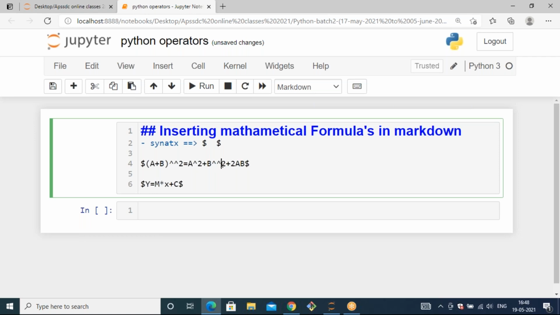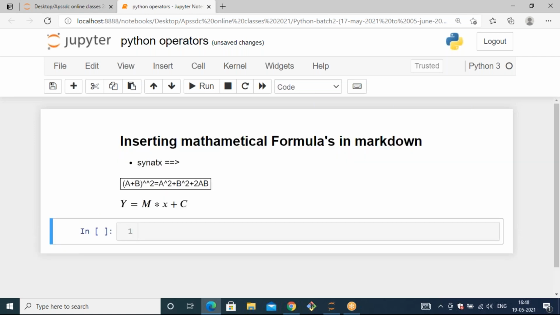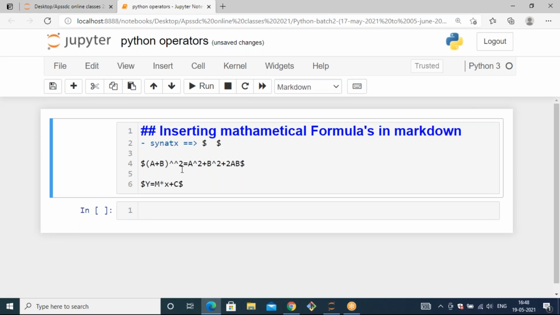What if I mention a single cap? Let's observe: a plus b whole square.